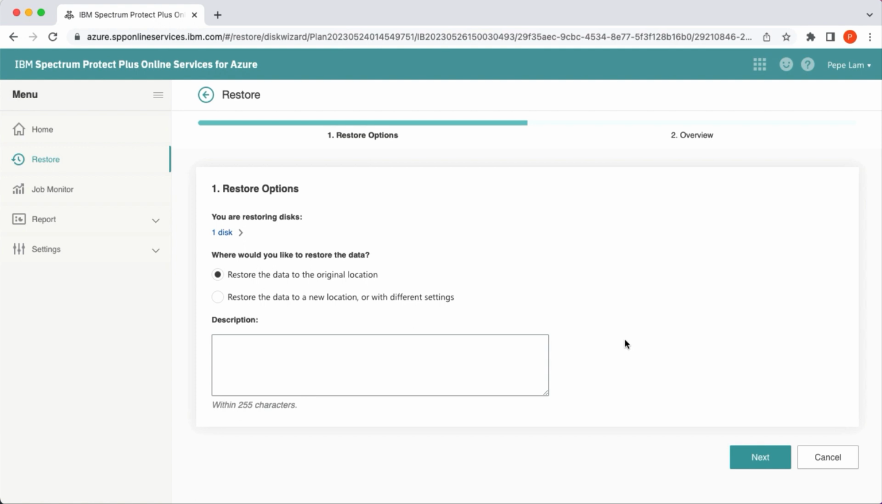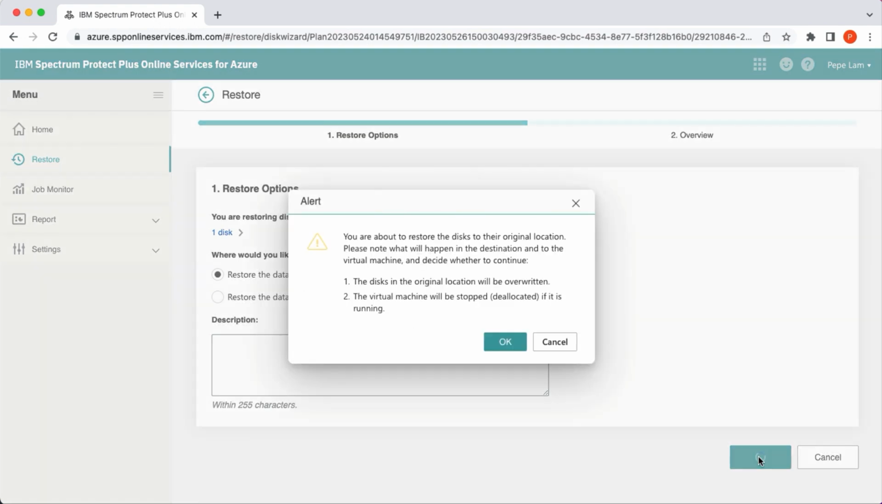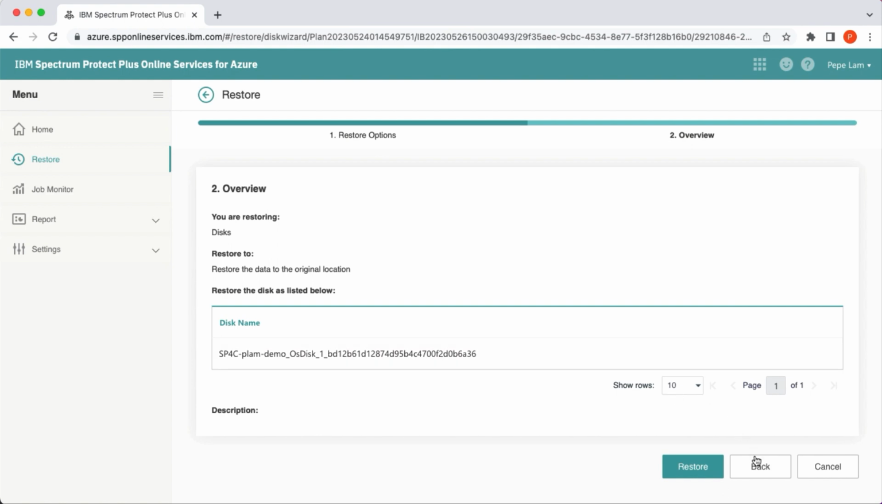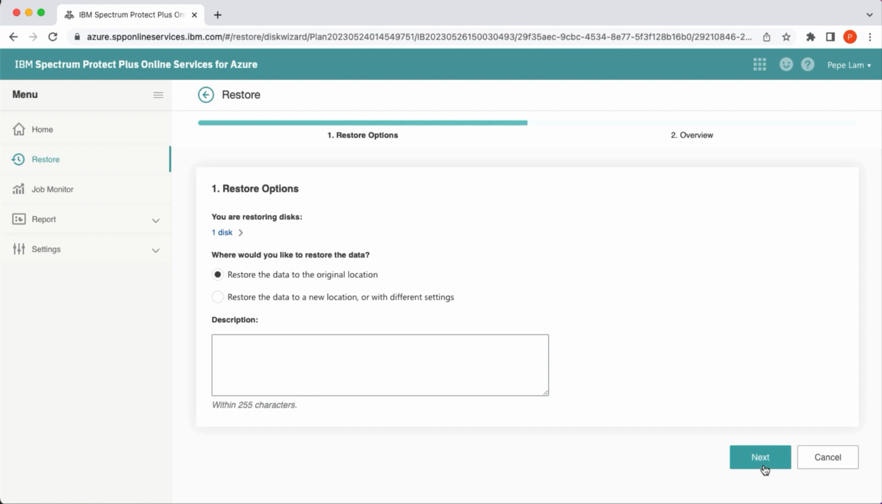So once you hit Next, you will see a similar pop-up when restoring the entire VM. Restoring the disk back to original location will first shut down the VM before it overwrites the disk. Once you get to the review screen, you can then hit the Restore button to start the disk restore. Now I'll go back and select Restore to different location to show the extra steps required. So first, I'm going to select Restore the data to the new location, hit the Next button,